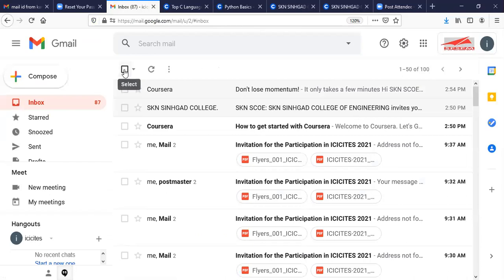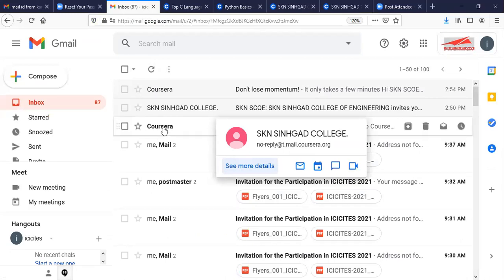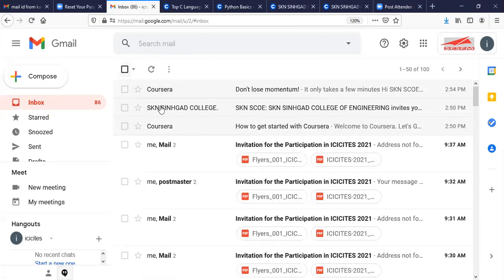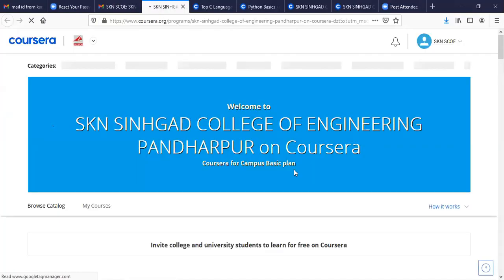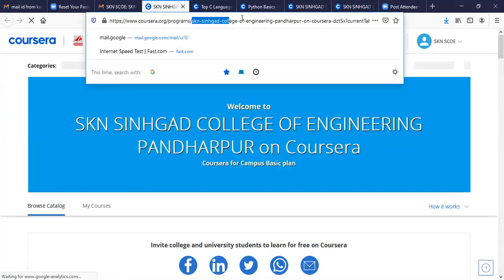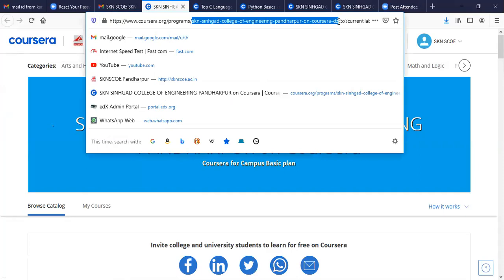Now the next thing is that whenever you want to use this Coursera website, go to Gmail, click on the Coursera mail, and then go to courses. Automatically it will take you to our college portal.